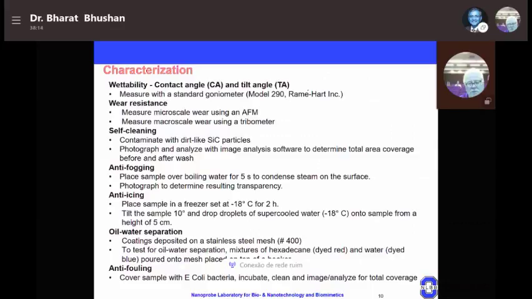In the case of a micro scale experiment, we use an AFM, and we scan a sample with an AFM tip at a certain load, and then we measure in place. Macro scale,